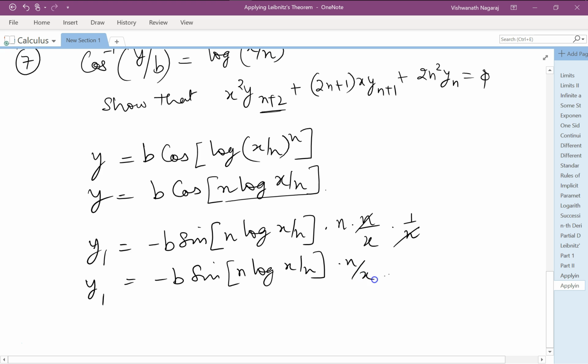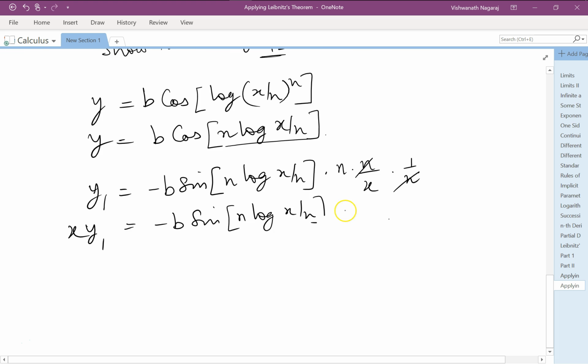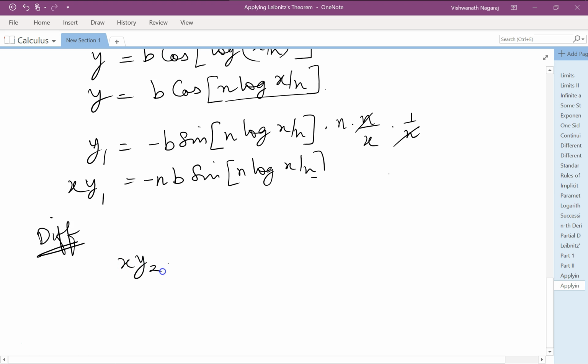times n by x. Now this x can go to the other side and this n, let's bring it to the front, minus n b. Okay, let's differentiate once more. x y2 plus 1 times y1 equal to minus n b. Now sine will become cos if we differentiate it. Cos n log x by n